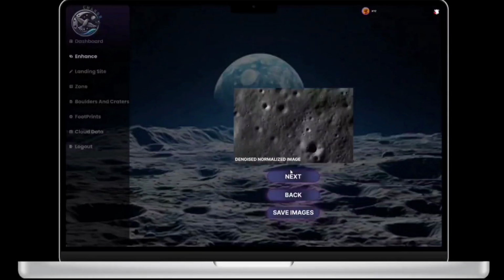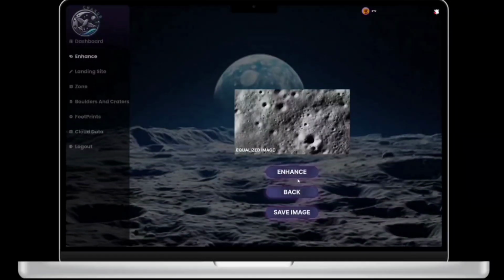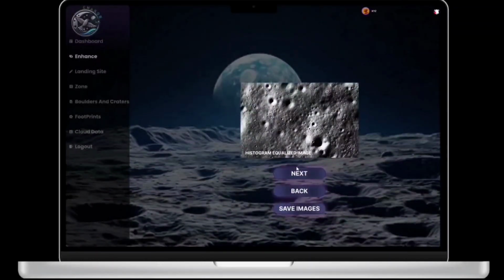After that, when the user clicks the next button, the noise normalized image will be displayed. In this stage, noise is reduced to improve the signal to noise ratio, which is SNR, making the image clearer for analysis. By clicking next, the equalized image will appear. To enhance the image further, the user can click Enhance to generate